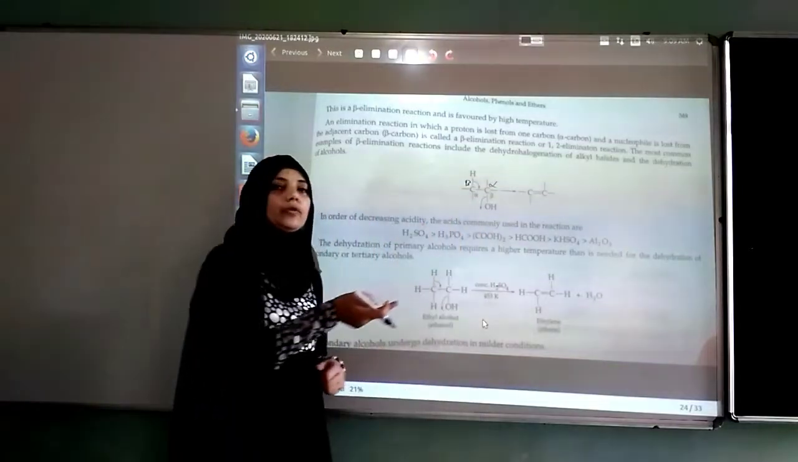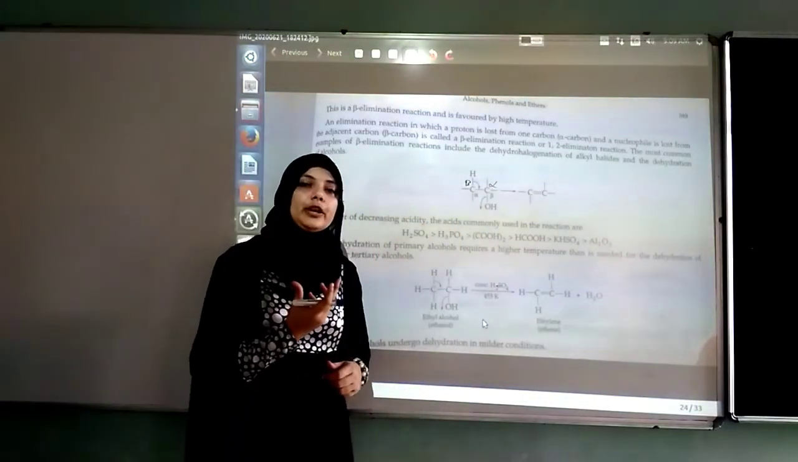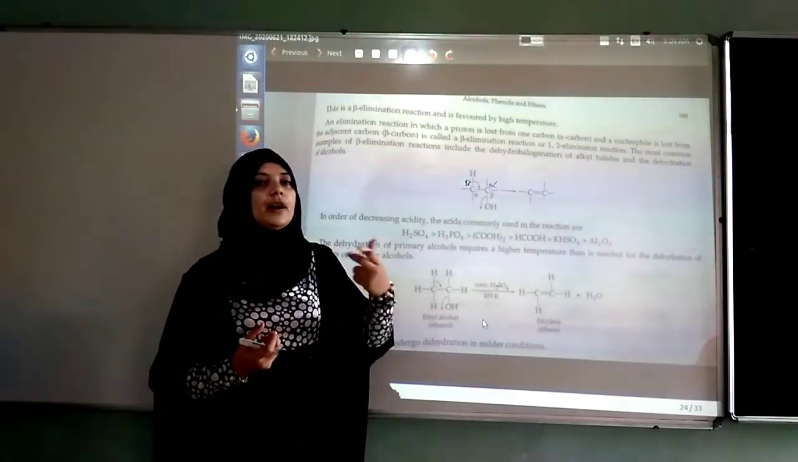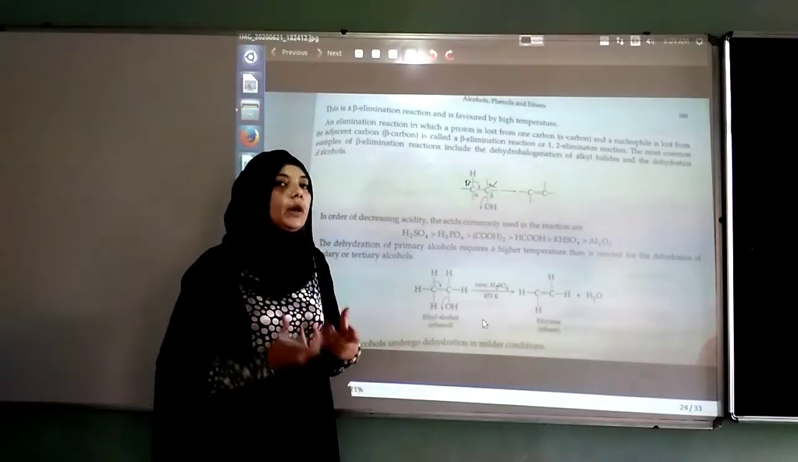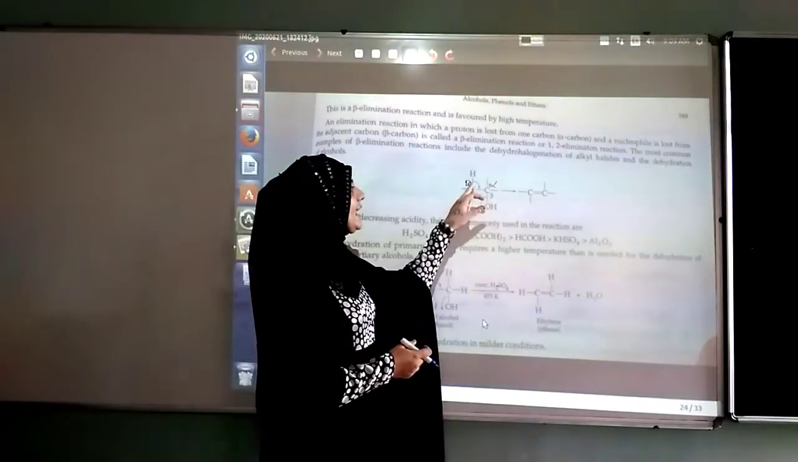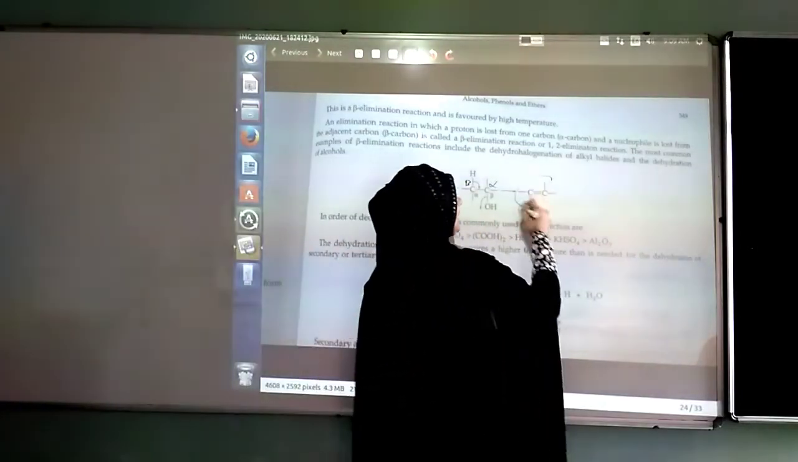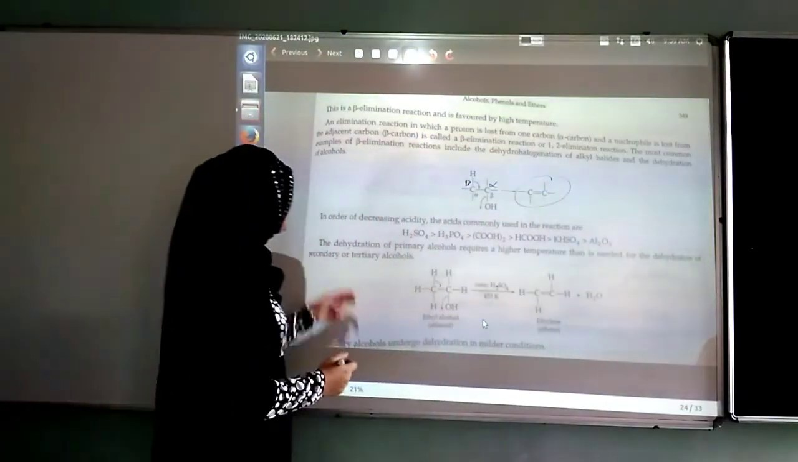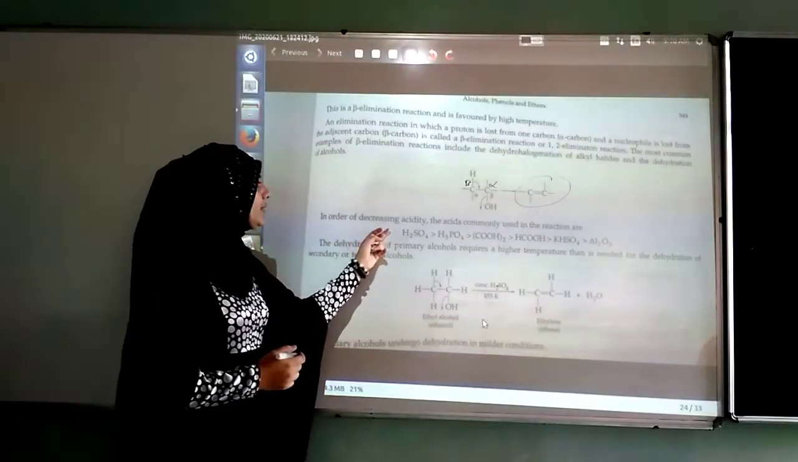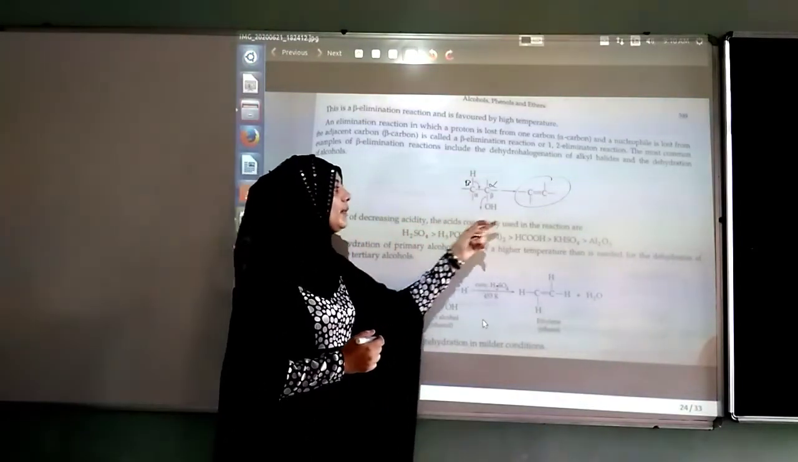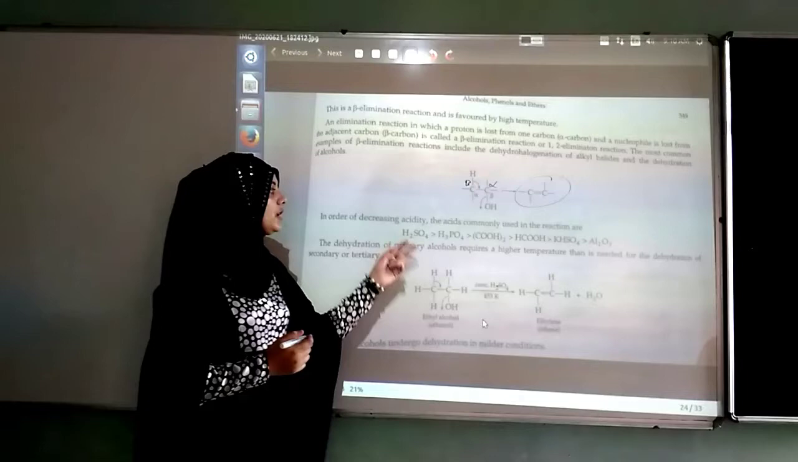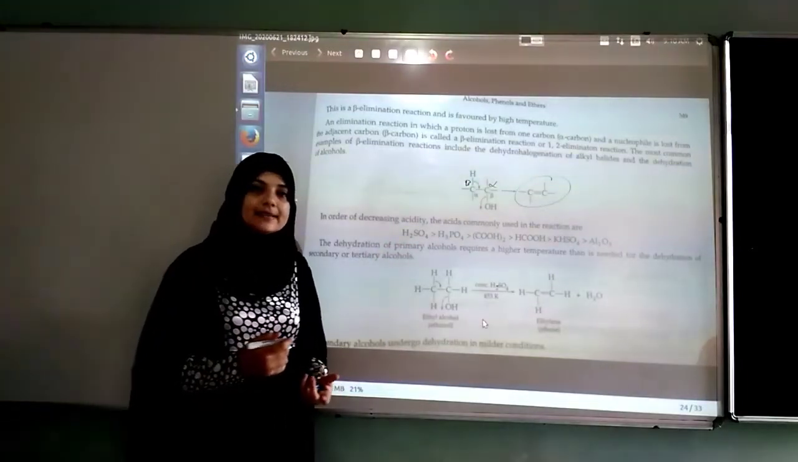Now see, initially what was happening? OH from one particular reagent and H from another reagent. What's coming out? Here what is happening? OH and H from the same particular molecule is coming out, and that is why we are gaining alkene. Alkenes over here. In order of decreasing acidity, the acids commonly used in the reactions are sulfuric acid, phosphoric acid,